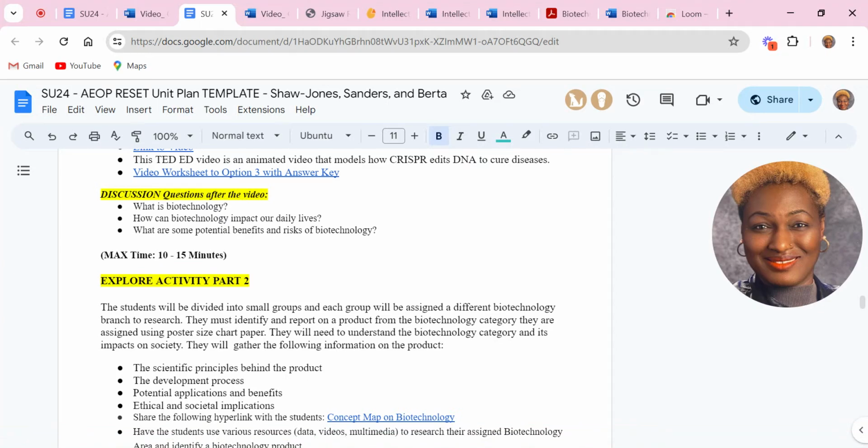There are 3. What is biotech? How does biotechnology impact our lives? And then some potential benefits and risks of biotechnology. And this is just to prime the students to get them thinking about the next part of their task, which